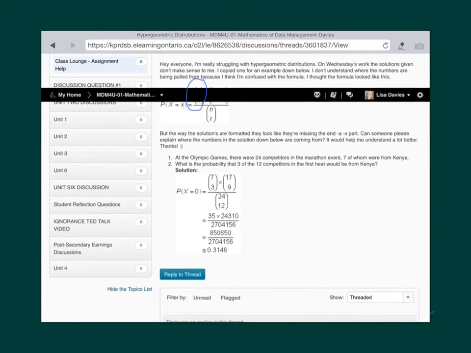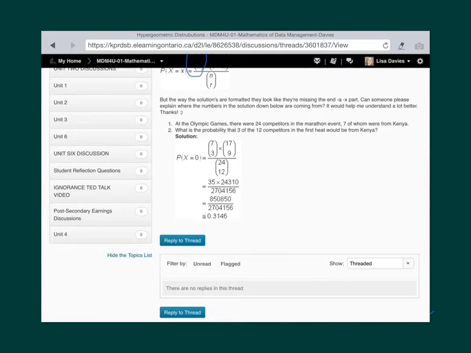So in the example that you sent me, there's 24 people in the marathon. 7 of them are from Kenya. So if we want to choose 3 out of the 12 in the first heat that will be from Kenya,